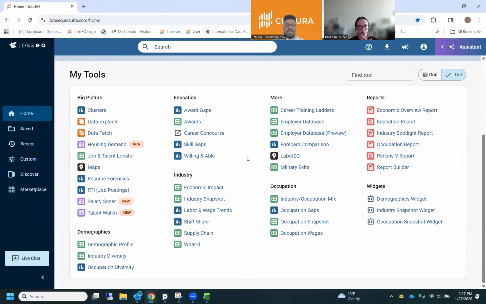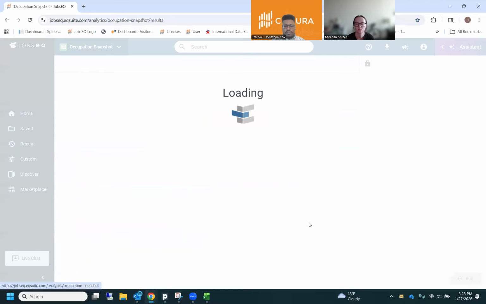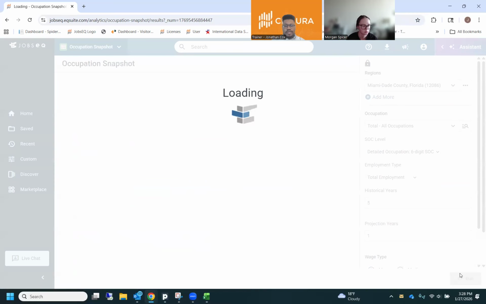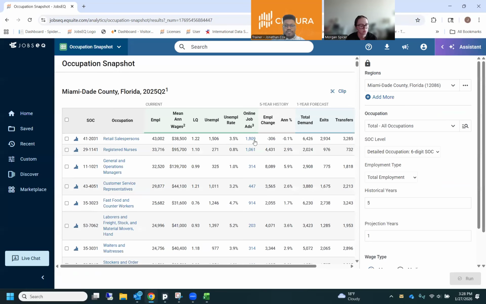Our model is able to do other things like pick out the minimum education level being requested by the employer in the job posting, and identify any certifications and hard skills and stuff like that. So what you have access to in occupation snapshot here is a sampling of job postings that were active at some point in the last 30 days. So, you can click this little hyperlink here